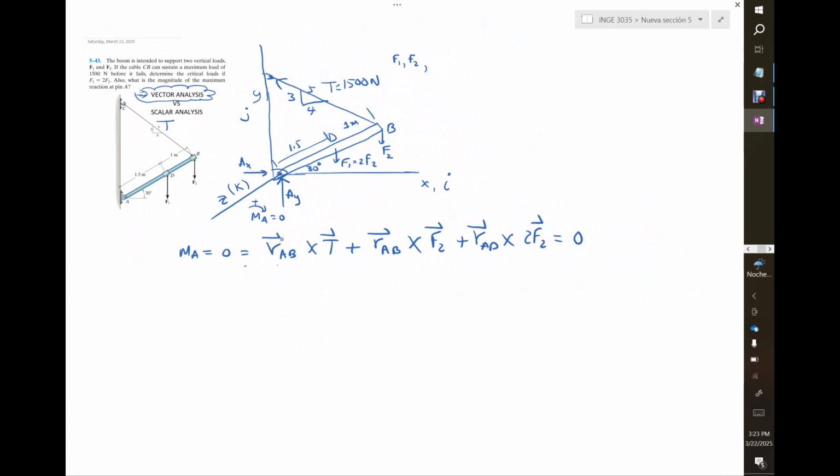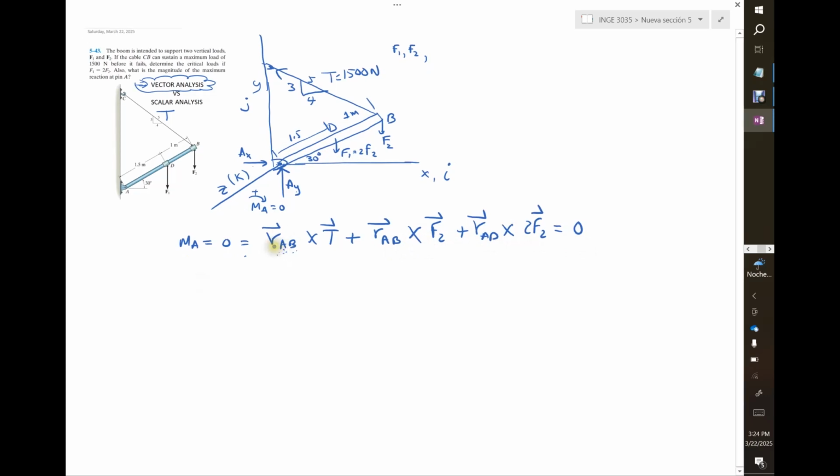And so ensure that you have all the forces. For example, when you take the moment here at A, I don't care about AX and AY because you are taking the moment right here, there's no arm. But for the tension, there's all this arm, which is reflected in the distance AB. And how about F2? The same. How about F1 here? Well, that's half of the distance, so that's how I change the arm, and that will do. So what is left is to calculate this vector